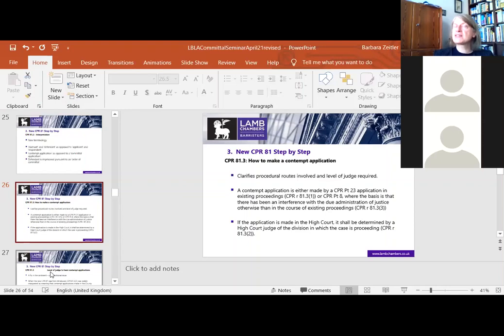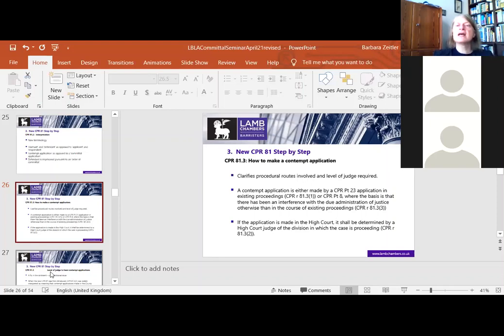As regards the level of judge required, we will shortly be looking at 2 slides, because when these rules came in the autumn of last year, there were at the start some glitches regarding the level of the judge required. Perhaps another issue to highlight in relation to CPR